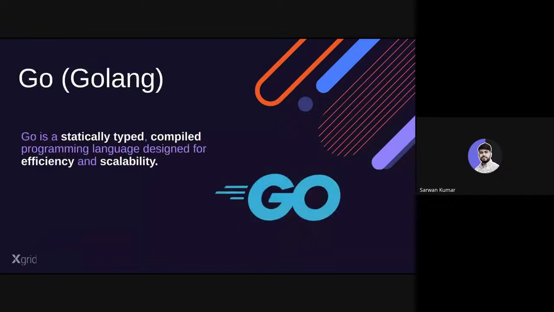And when we talk about Golang, basically it's a statically typed, compiled programming language, mainly designed for efficiency and large scale applications, which supports scalability as well. When we say it's statically typed, it means, unlike Python, we mention the data type when we initialize or declare any variables. So it makes it more efficient, with fewer runtime errors due